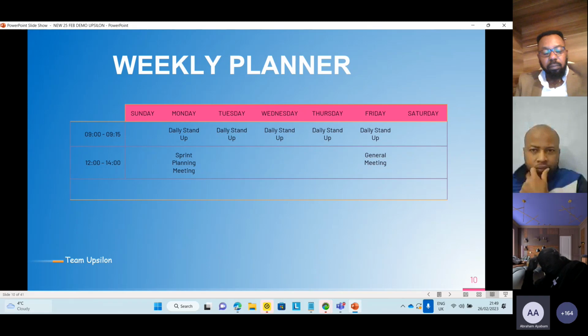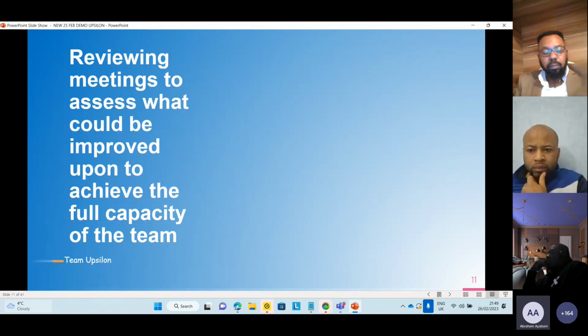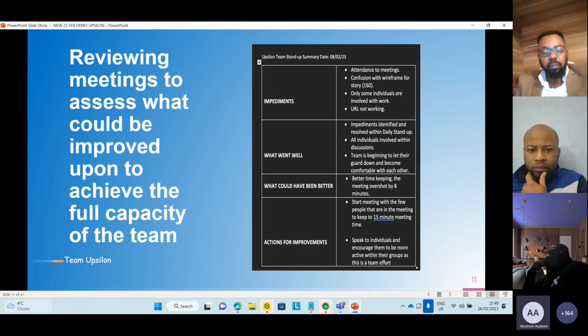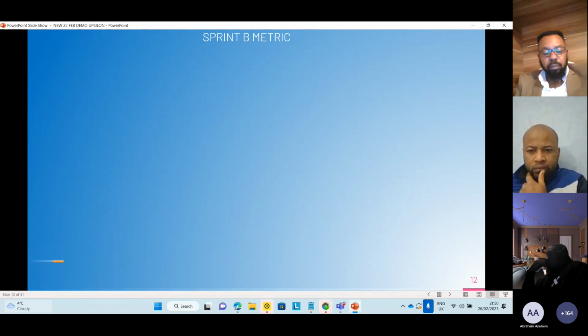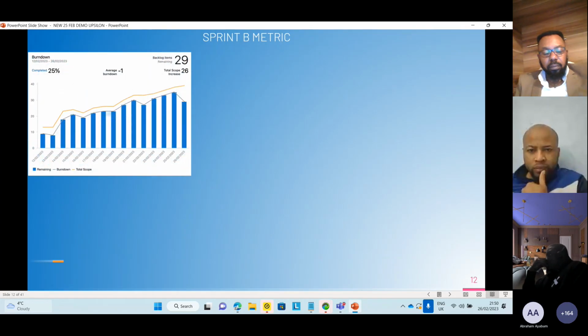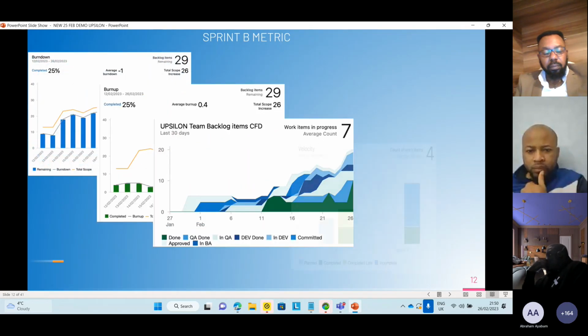For Thursdays, we hold 9 p.m., but mostly sprint refinements. And then we have our sprint plannings first Monday for the start of it, and also for general meetings too. We also reviewed meetings to assess what could be improved on the capacity of the team. These are basically charts.